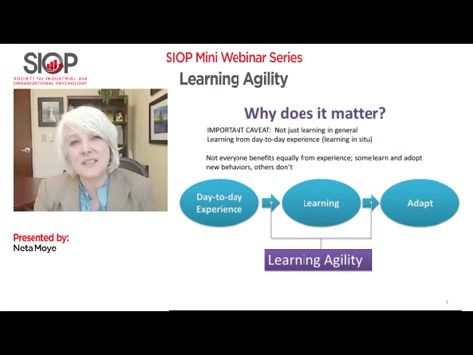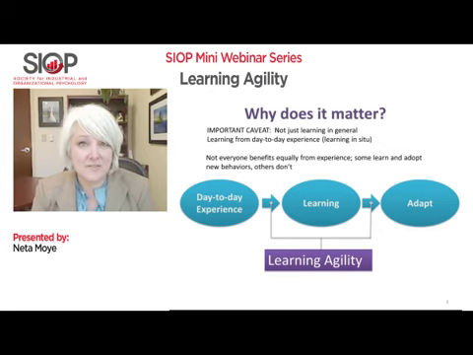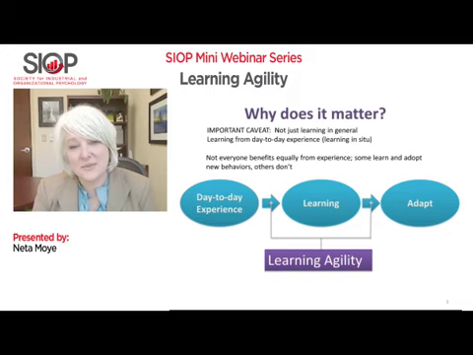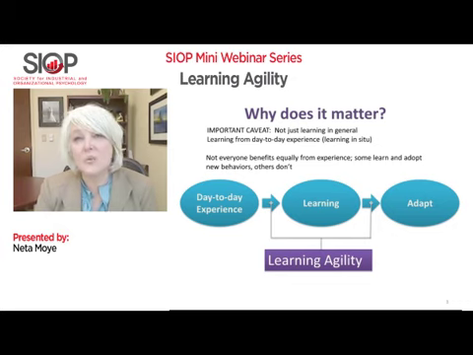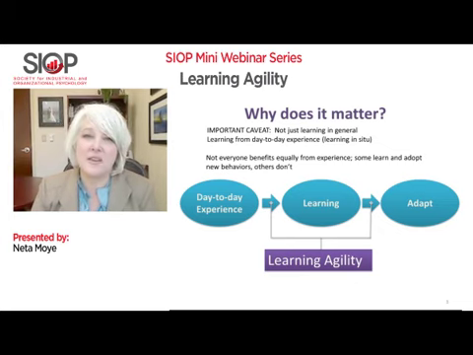Learning agility is meant to be the concept that moderates, that explains why not everyone either learns the same thing from experience, or adapts that learning to a new situation. So that's why learning agility is not just an ability to learn, and why willingness matters in this construct as well. Individuals who are high in learning agility can and want to learn and adapt from experiences. So that's an important thing to think about when you're considering learning agility as a construct.